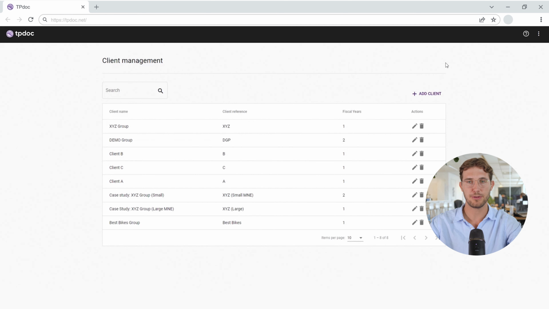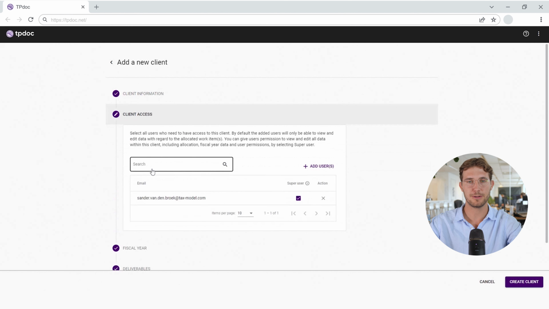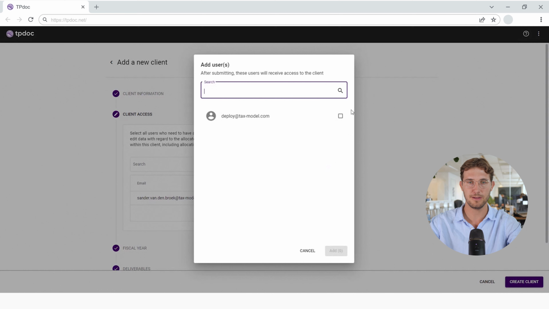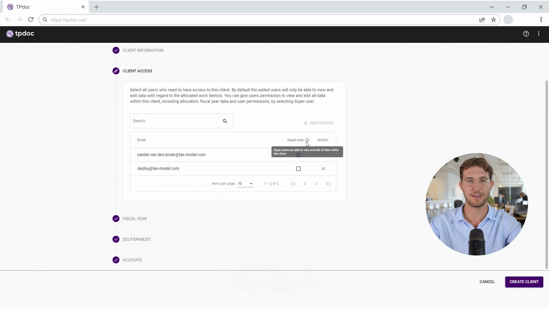In this overview, you can press the Add Client button and add client information such as the client name and an internal reference ID that you might use. In the second step, you can determine which team members have access to the client. By pressing this Add User button, you can add team members via their email address, and you can provide them with full or limited access and user rights, depending on whether the super user role is selected or deselected here